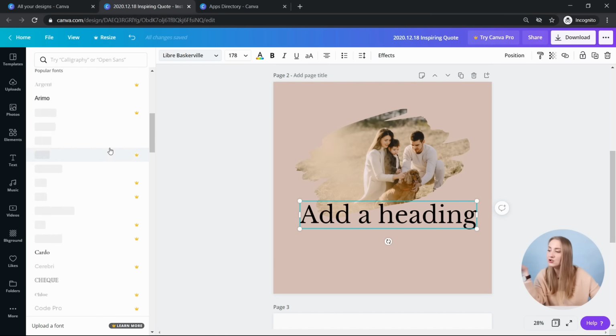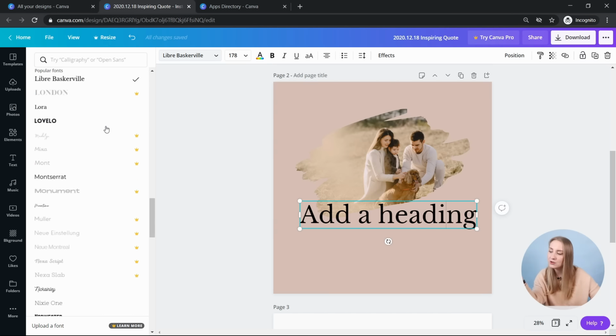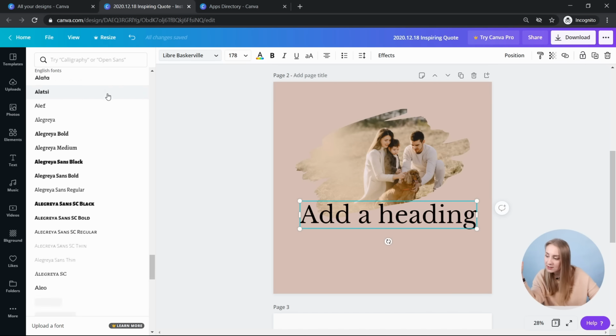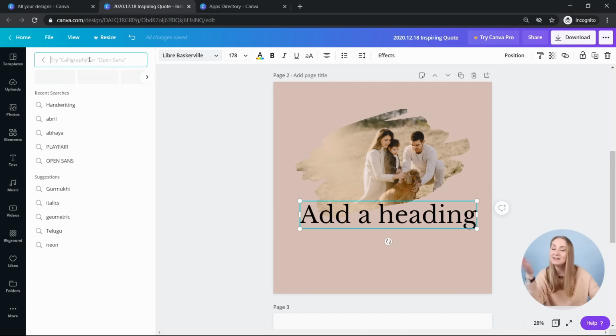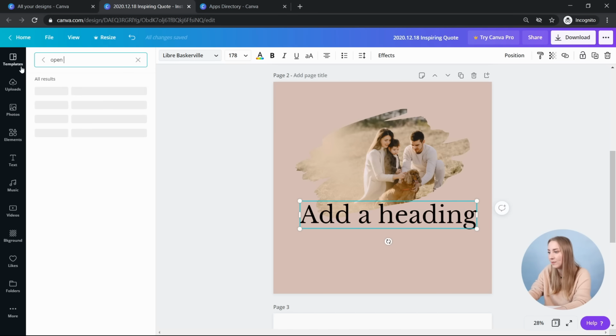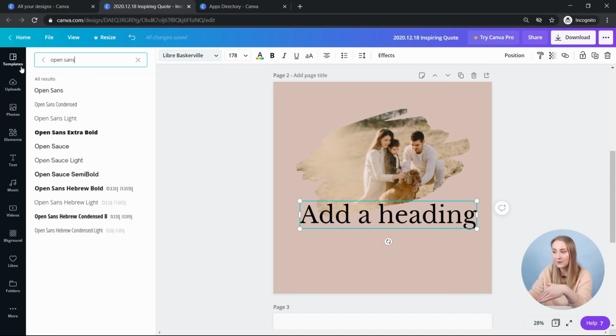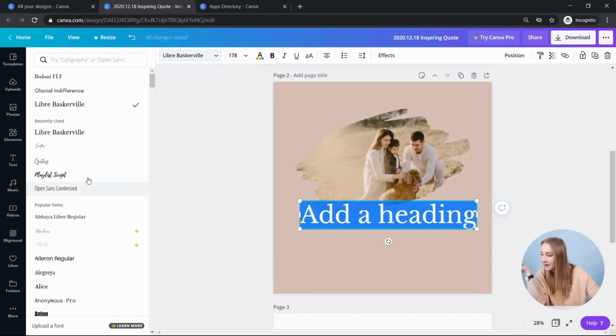that they offer. You can choose from the popular fonts in here, or if you scroll a bit further down, you've got tons and tons of different fonts. If you're looking for a particular font that you use for your brand, or something you've seen on Pinterest that caught your attention, let's say Open Sans, it will show you all the different fonts under that category. I typed in Open Sans, and you've got so many different varieties: the classic one, the condensed, light, extra bold, different types of things. And I want to maybe make this one Playfair Display.